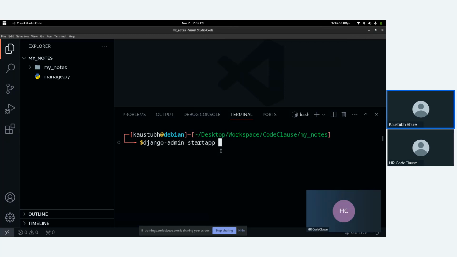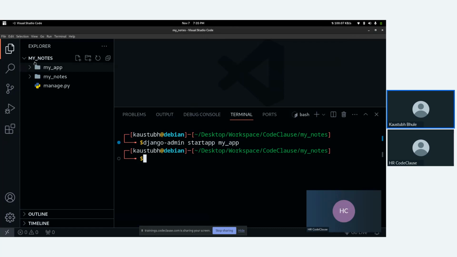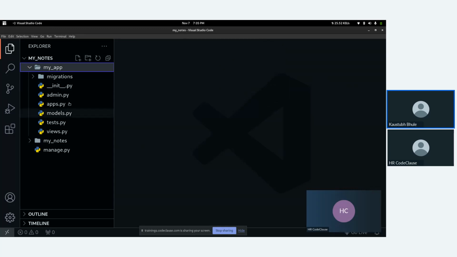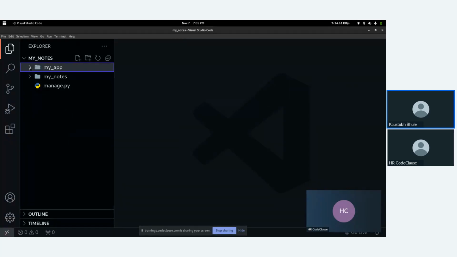I'm giving my_app as the app name. Now you can see this my_app folder has appeared here.